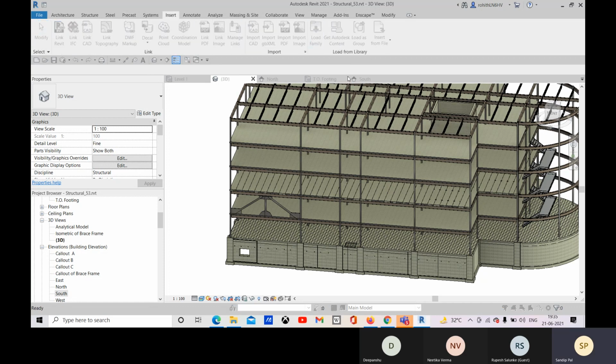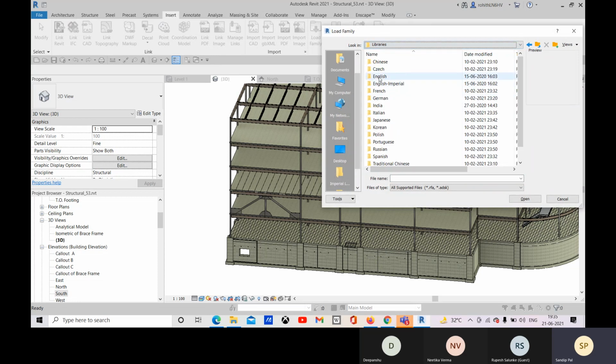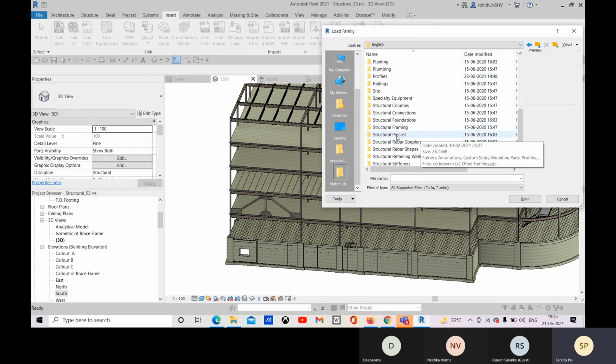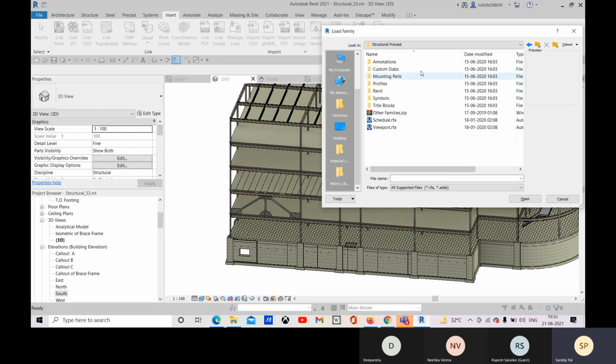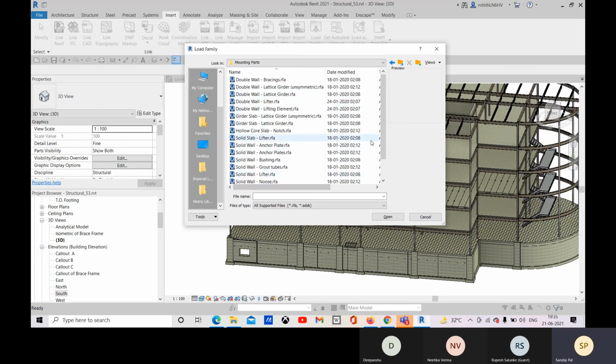Insert, load family, go to the English library, and there you will find the structural precast, and you have mounting parts. You have this solid slab lifter, hollow core slab lifter, girder slab lifter, and all this you have.